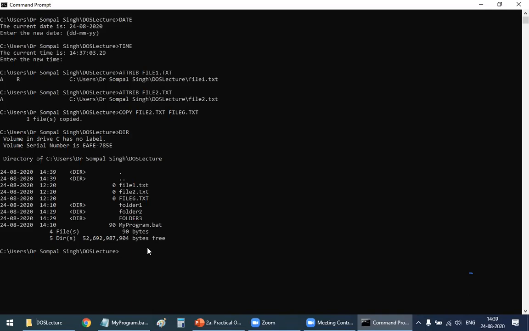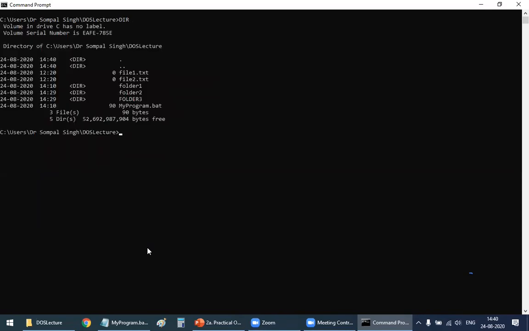And then there are these 3 folders. Okay, now I want to delete file number 6. I don't want that file. So I'll type delete file 6. It has deleted my file. If I want to check whether it has been deleted or not, first of all I clear my screen, so I type cls.